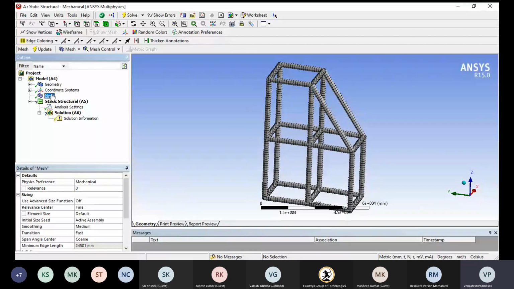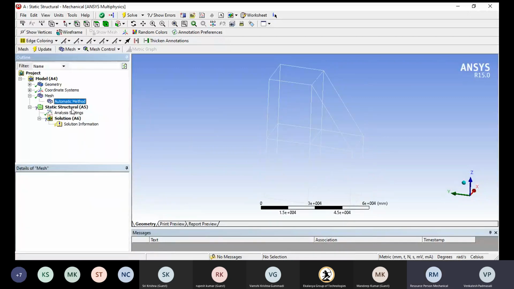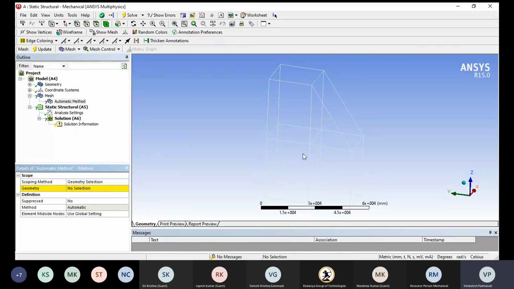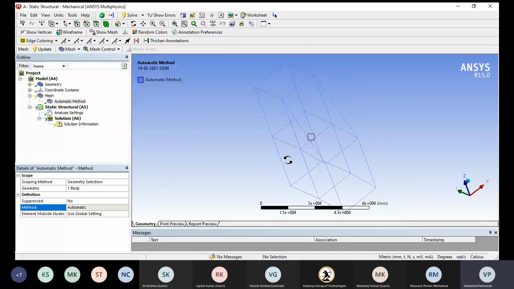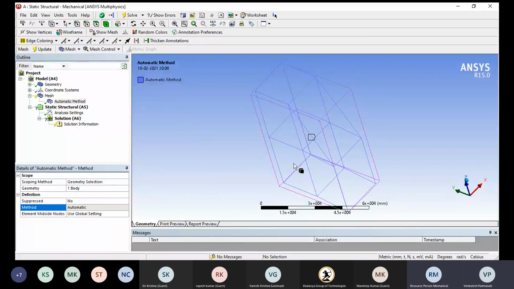In the same way here, if you can change the type of method, we can usually add the automatic method. It's nothing but selection. Now we can go for automatic, should be enhanced. So it isn't available for a tetrahedral or anything else, so we don't have a chance to apply. It will be a usual mesh. So this is the truss body meshing and truss body design by using a different type of analysis.